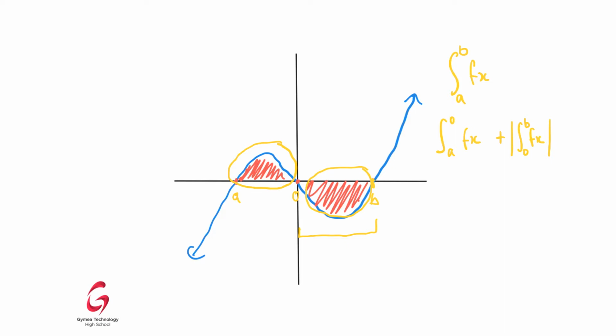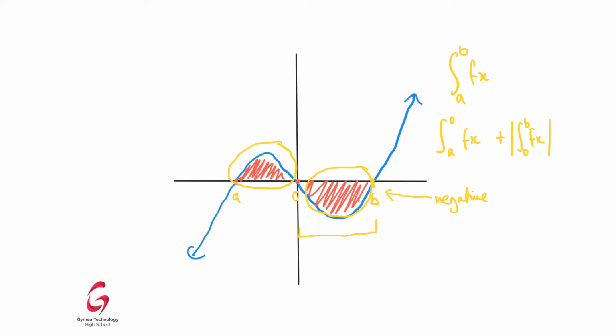Why did I say the absolute value just for that section? Yeah, that's right, because this is going to produce a negative value. Now we know an area, something taking up some space, can't have a negative value, so we've got to change it to a positive, which is why we're using the absolute value. You don't have to use the absolute value notation, as long as you remember to look for that negative answer and change it to a positive value